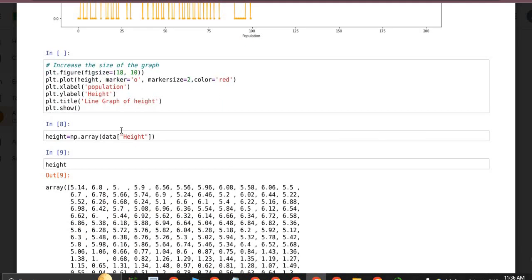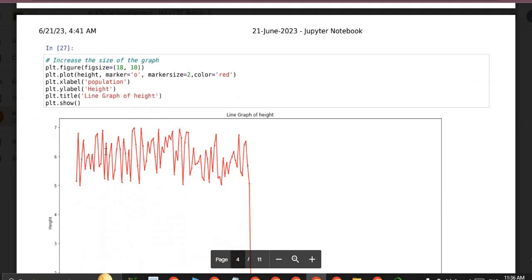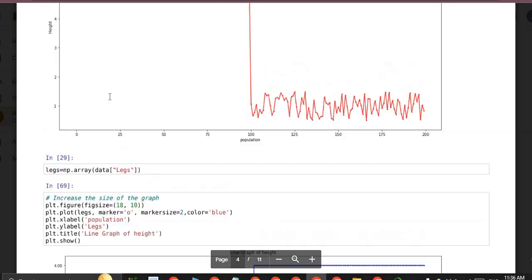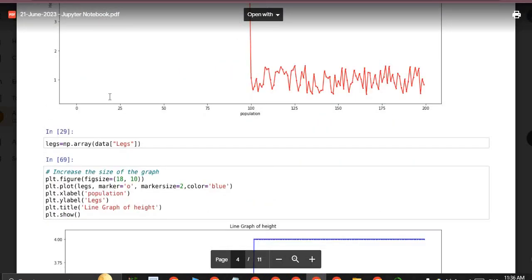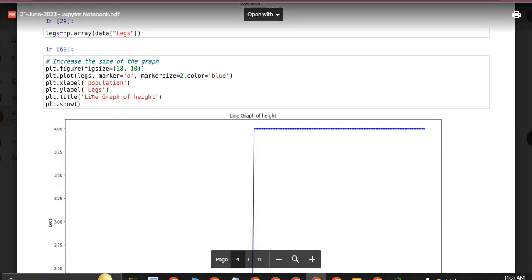So in this we plot the graph of height, and after that we will plot the graph where we will analyze the data.